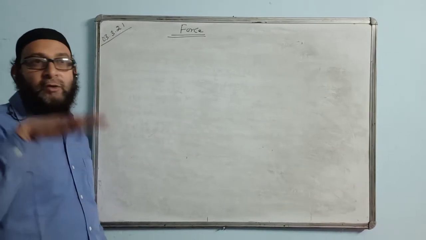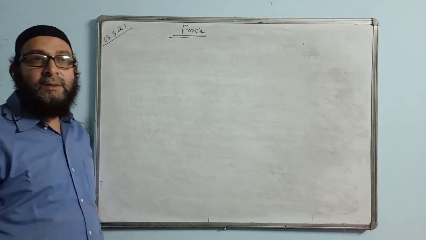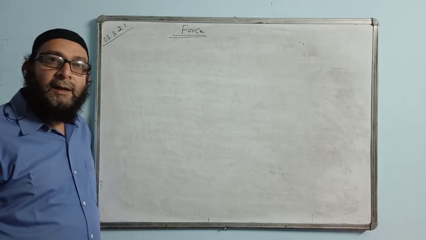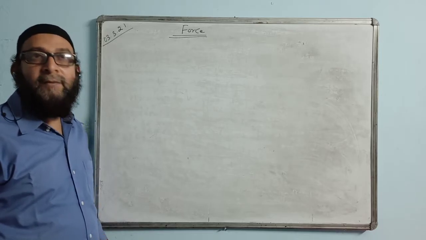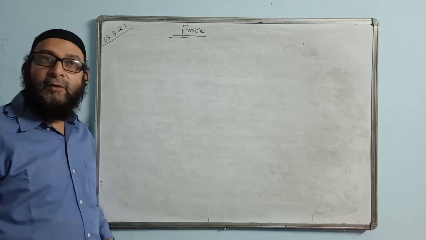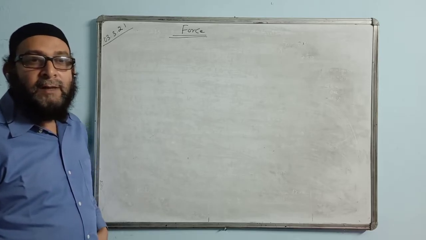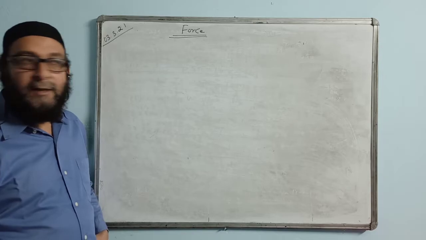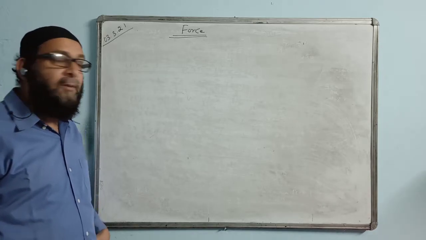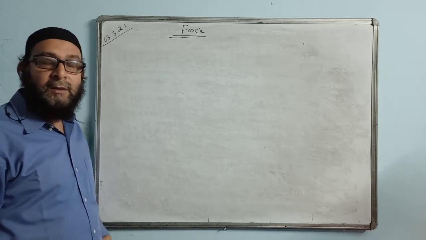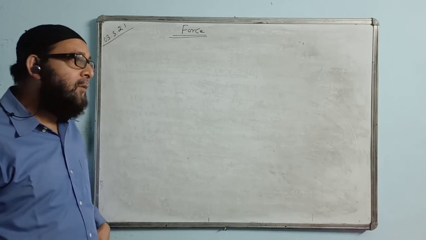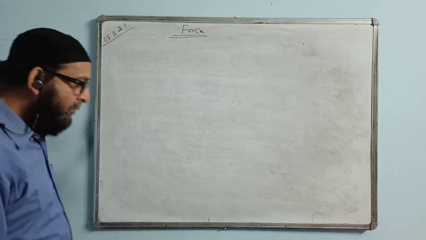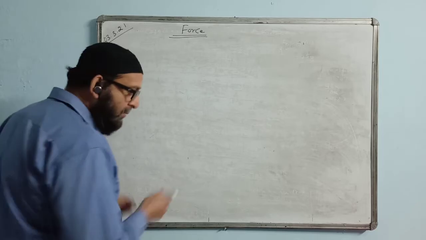When the question talks about equilibrium, that means you must make the clockwise moment and anti-clockwise moment equal. And when you are finding the total moment of the force, you have to add the anti-clockwise and clockwise moments. The clockwise moment sign will be negative, and the anti-clockwise moment sign will be positive. So I will be doing question number 1.